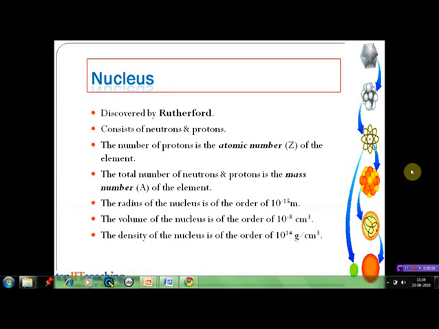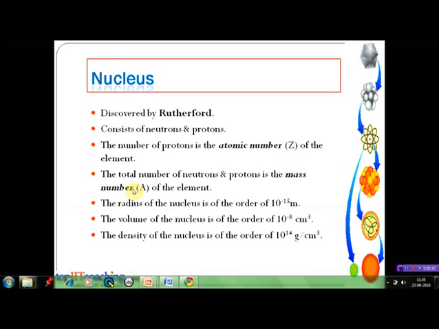Let's start with the nucleus itself. As we discussed in atomic structure as well, the nucleus was discovered by Rutherford. It consists of neutrons and protons which are together known as nucleons. The number of protons, which is also equal to the number of electrons in the atom, is the atomic number of the element, which is denoted by capital Z. The total number of neutrons and protons, that is the nucleons, is the mass number of the element denoted by